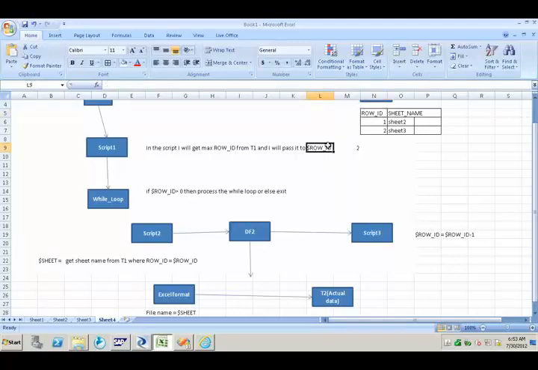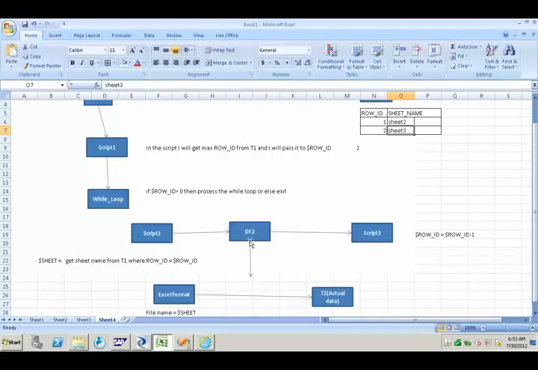What is the initial value for $row_id, madam? Initially it is the max, which is 2. So we are writing a script here: get sheet name from T1 where row_id is equals to $row_id. That means it is going to get sheet 3 and that will be populated to $sheet. Okay.